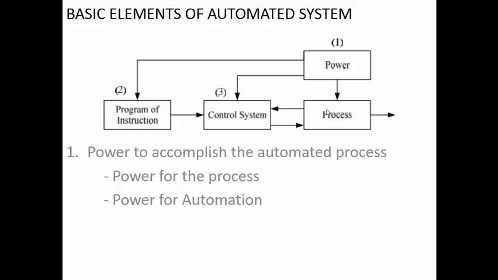Among the various power sources available, the one which is more widely used in the automated systems is electrical power. Because of its ease of availability, it can be available at low cost in the required quantity. Ease of transmission, you can transfer it from one point to another point. And ease of control, you can increase the voltage, you can decrease the voltage, you can change the waveform, you can supply it in the form of pulses, you can use high power, you can use it in low power conditions. So there are different ways of using the electrical power.